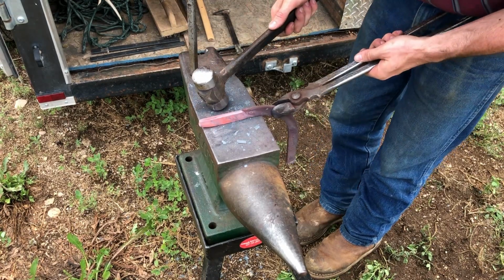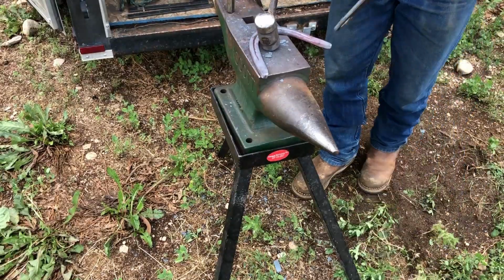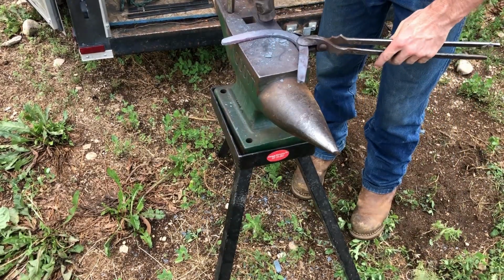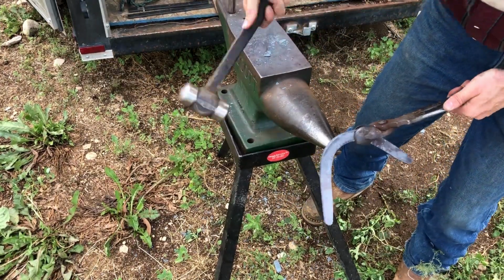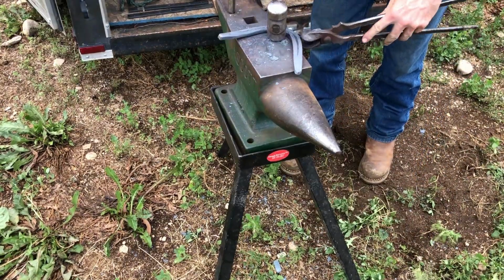And I use that rounding edge for doing things like creating my toe bend, right? Just making big round changes to the stock. But for things like leveling, if I want flat level hits with my hammer, I'm going to use that flat edge. Now here's where you're going to start seeing a change between the front shoe and the hind shoe, because